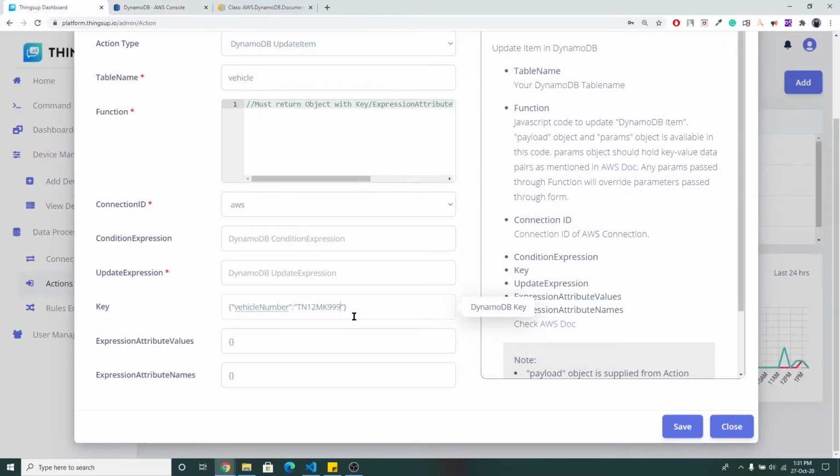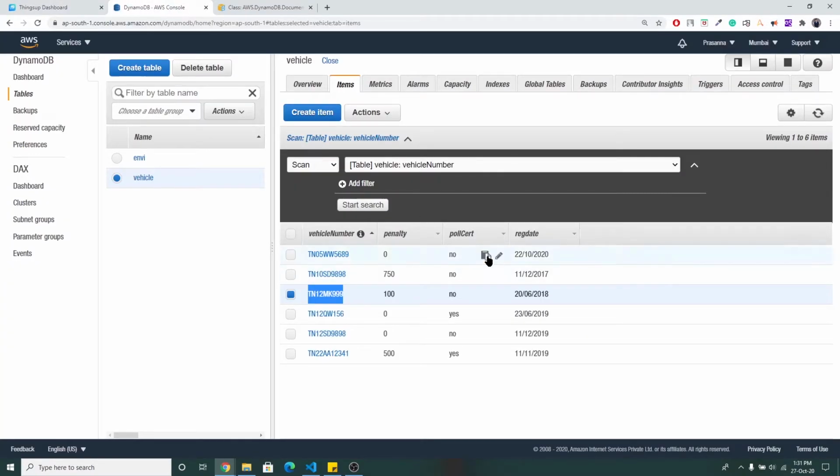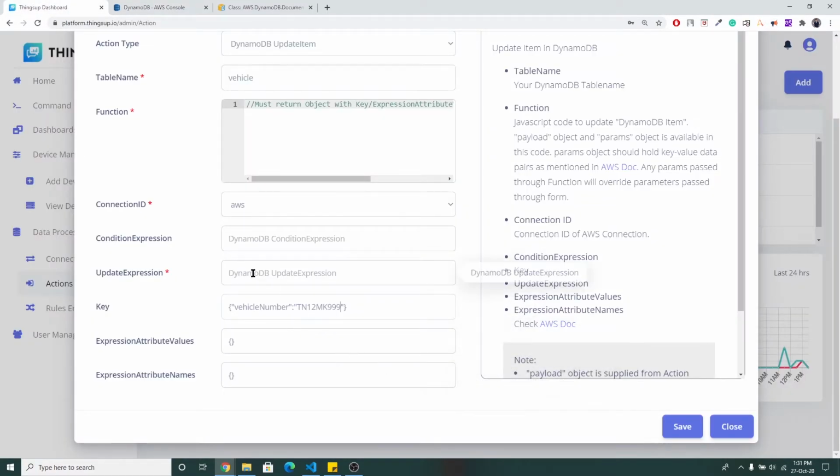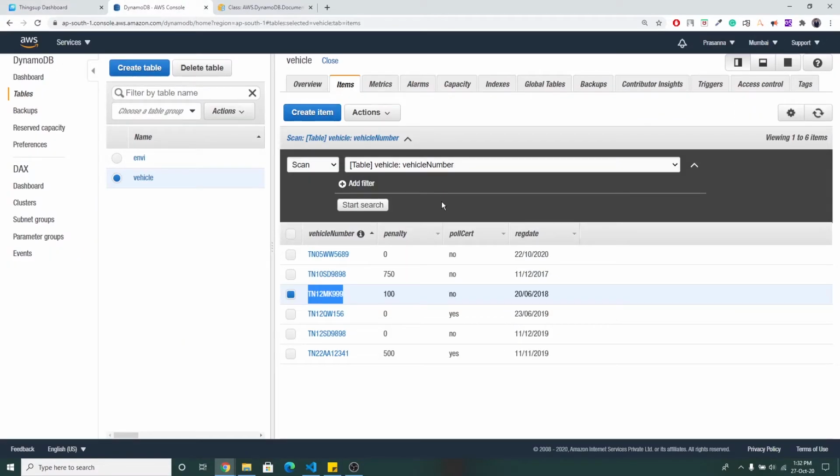Okay, now the value which is in the item called pollution certificate should be updated to yes. For that, I am giving the update expression like this: set #item equal to :val, where the details of #item and :val must be given in separate strings of names and values. So I am giving the attribute names for #item as the pol certificate, because this is the name here.